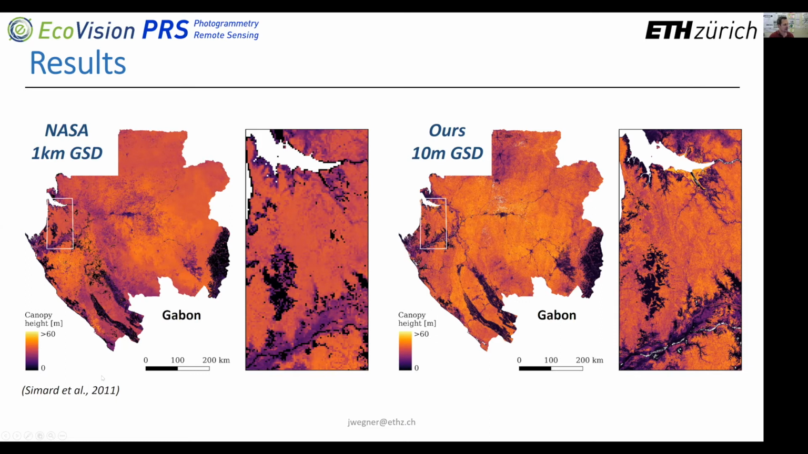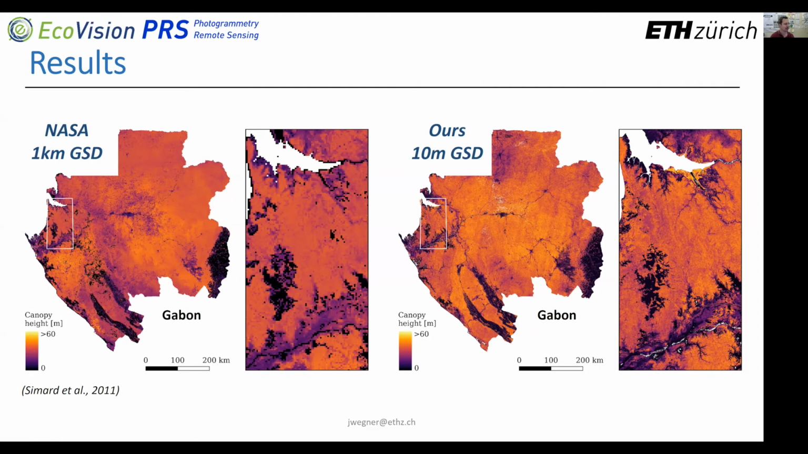The NASA model, which is an older one from 2011, had a spatial resolution of 1 kilometer. So ours has a 10-meter resolution. And we are zooming into this white box here, which is an interesting mangrove area, this delta here. And we see that when we move over to our model, we can nicely map all these very high mangrove trees, up to almost 60 meters high. And a lot of very fine-grained details in the country, which might be helpful for a lot of further processing